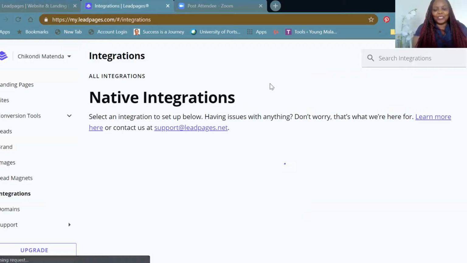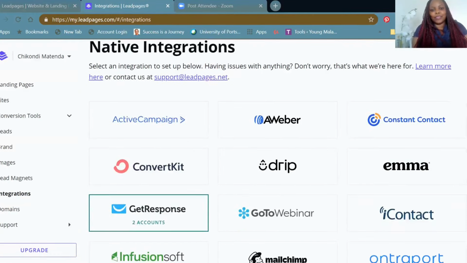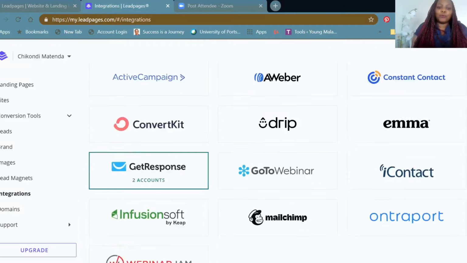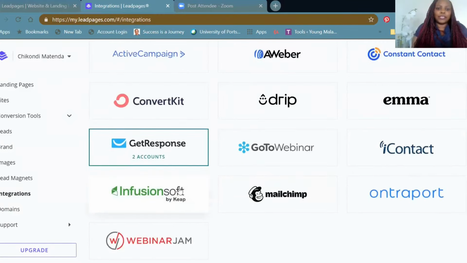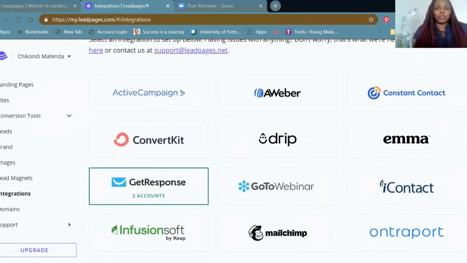Then the integrations bit will just show you the other systems that you can integrate with. I can't speak today for some reason. For me, I've integrated with the GetResponse email marketing system. If you don't have an email marketing system, there's also MailChimp. You can get familiar with what's on here and decide which one works best